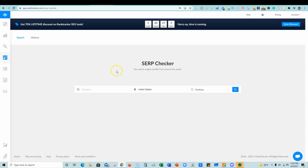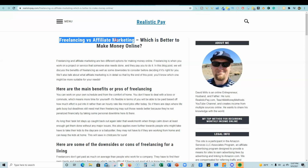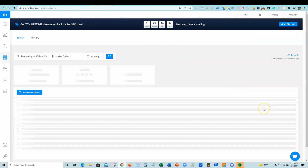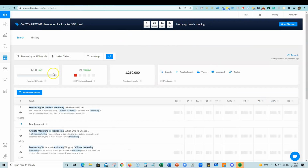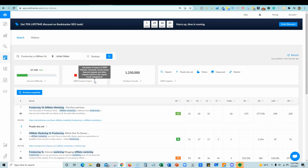And so you have a SERP checker function. Let's see if it'll let me try that out. I'm going to go over here and just copy, come back in here, and let's see. Okay, so here's the SERP checker, and it is going to give us a keyword difficulty of 0. So it's going to tell us, one by one, we can look at keywords. That's cool. SERP features impact, not really sure what this means. It's a calculation of the impact of SERP features, like carousels, answer boxes, featured snippets, and other snippets. So it's probably like